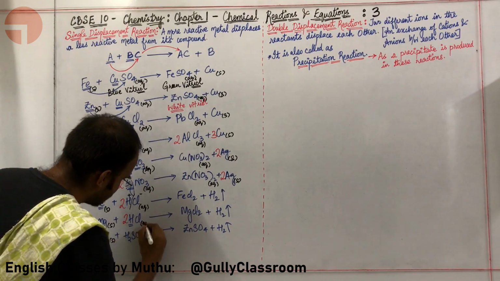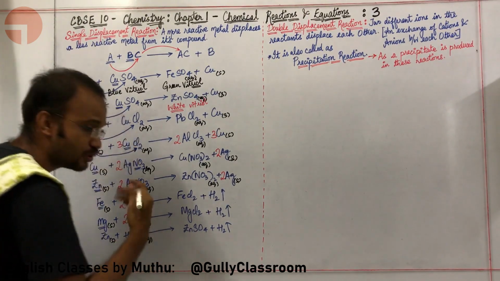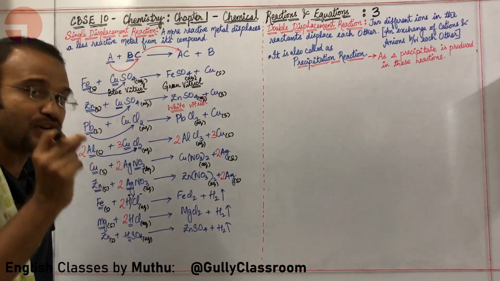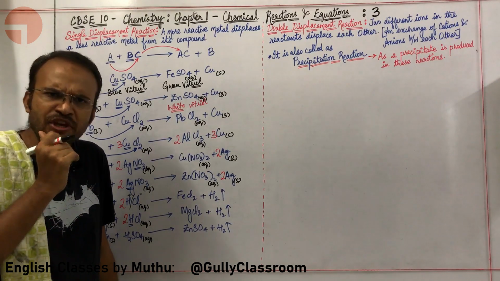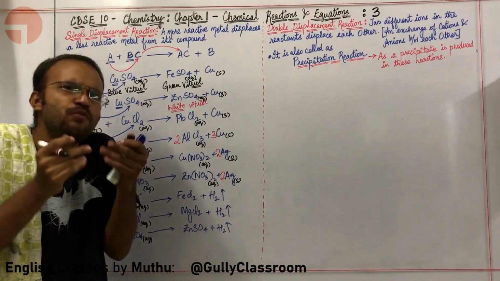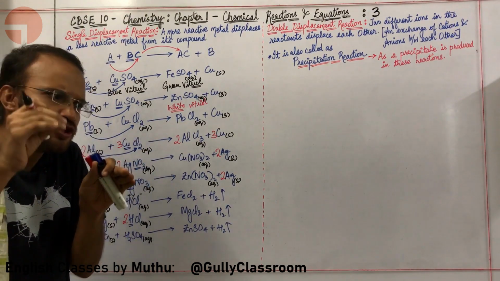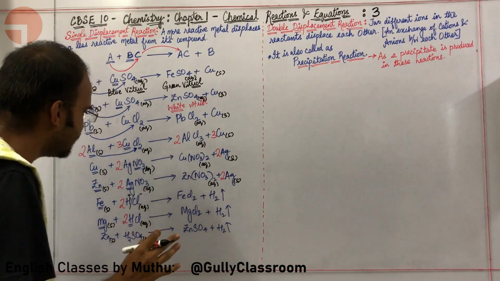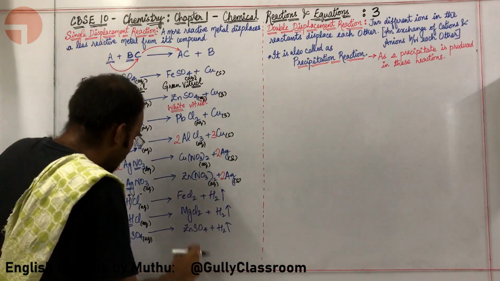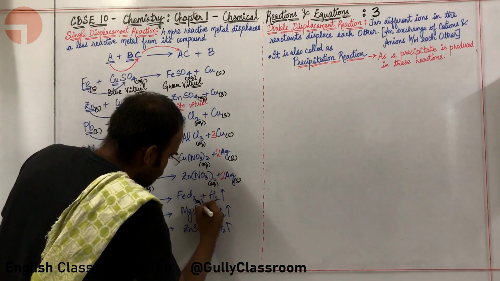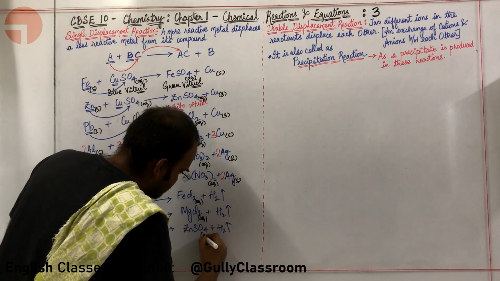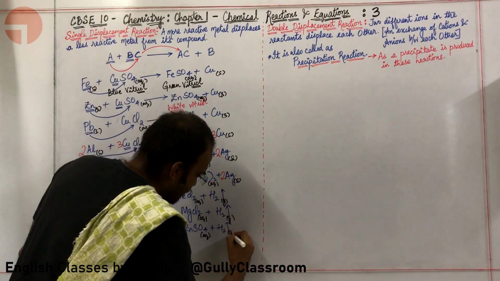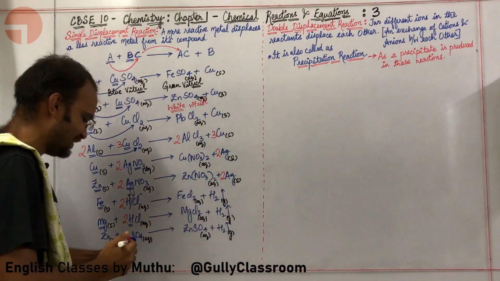Here the acid needs to be aqueous because only in aqueous solutions will the hydrochloric acid or the sulfuric acid dissociate itself in order to furnish. Sir, what is the meaning of the word furnish, sir? Furnish means simply produces. So, an acid needs to be put in water in order to furnish H plus ions. Then only it will be an acid. What about these particular salts? The salts will obviously be aqueous in nature, and H2 obviously is a gas.